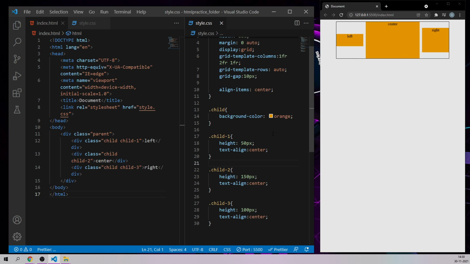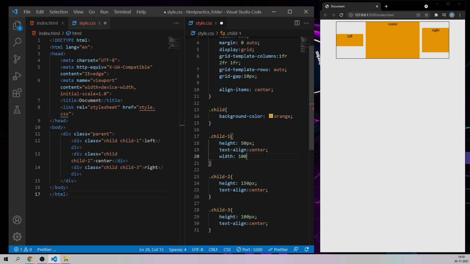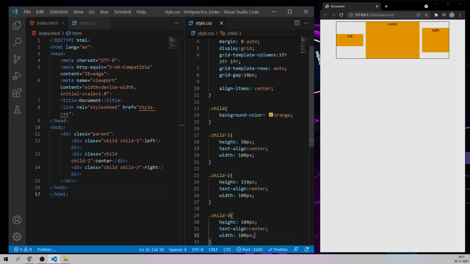And its alignment is going to be exactly in the center of the page. Okay, now just like this, if every child element has some kind of a width, let's just say the width is only 100 pixels, and the same width goes for the other child elements as well. So let me just grab all three of them, let's save it, and as you can see, we have three child elements right now.